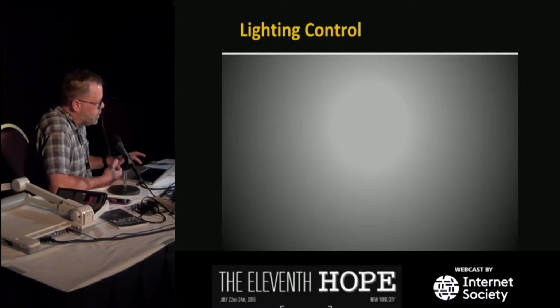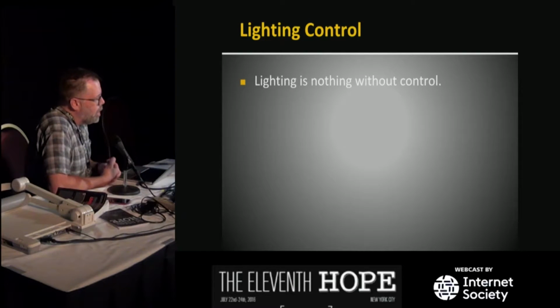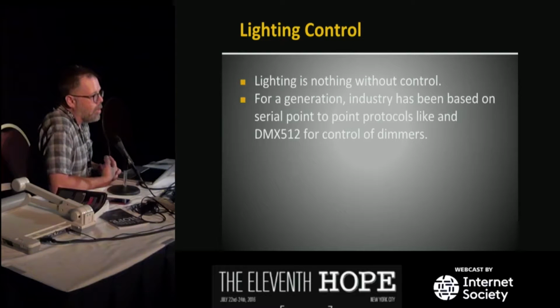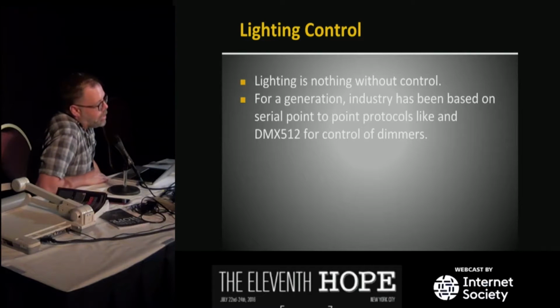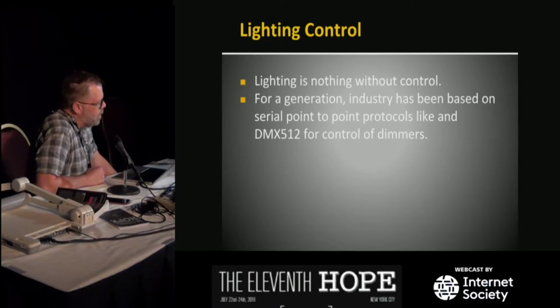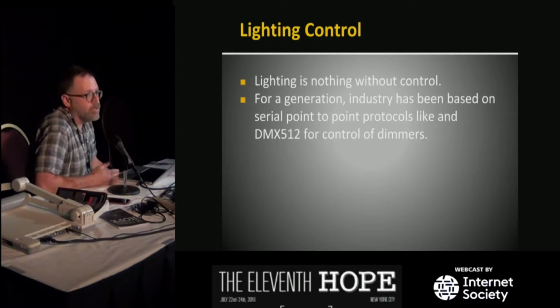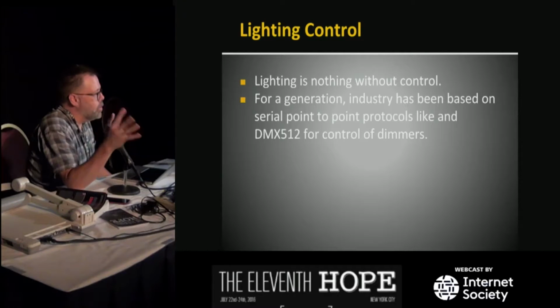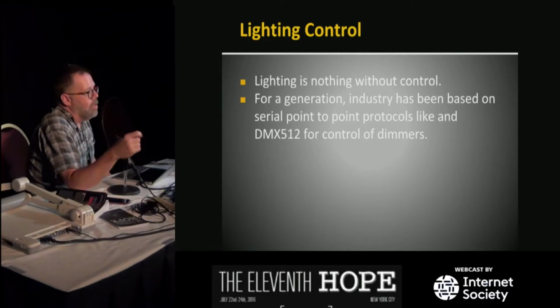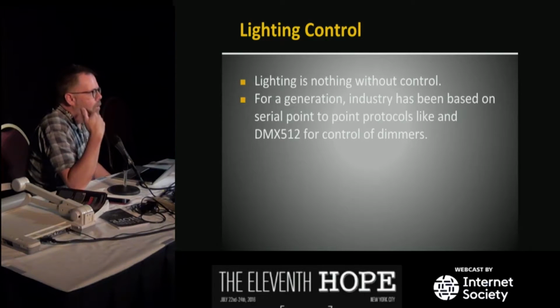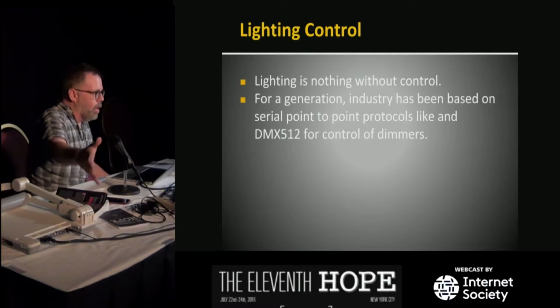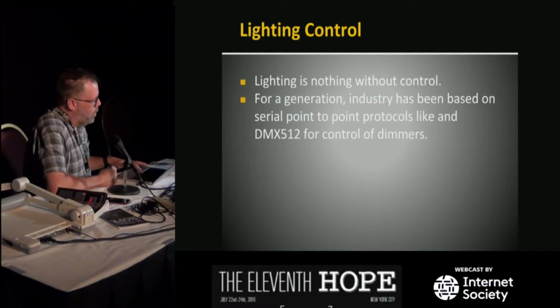Start with lighting. I mentioned this a little bit already. Really, lighting doesn't do anything without control. I'm just reading the slide because I know it's kind of blown out there. But for a generation, the industry is based on this DMX 512 protocol, which was designed in the mid-'80s. And in those days, you just had conventional filament fixtures, no LEDs, no moving lights, nothing, and dimmers. So it was very accommodating of what it could deal with, and we didn't need all that much. You run a cable from here to there, you have a point-to-point connection, you're ready to go.